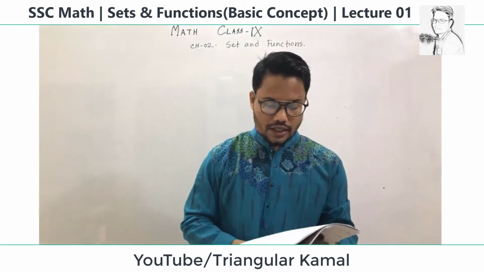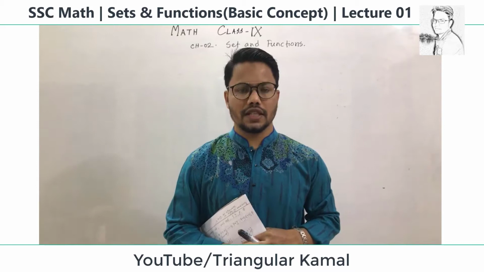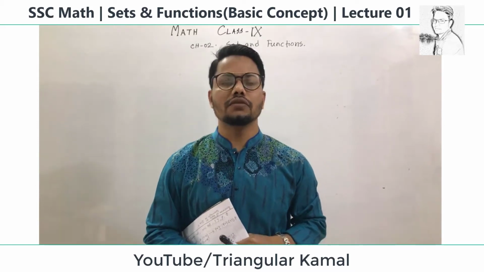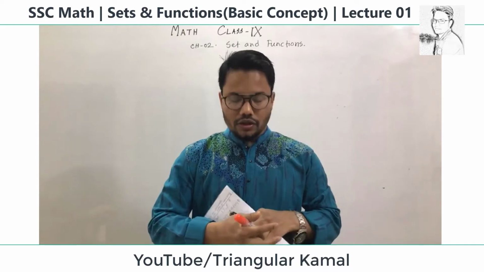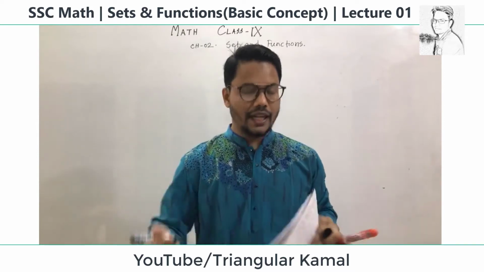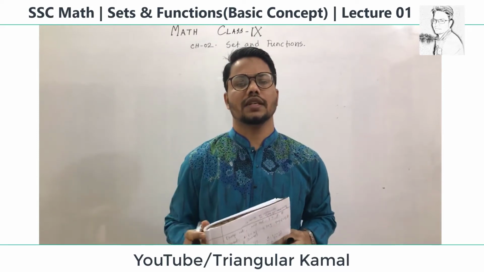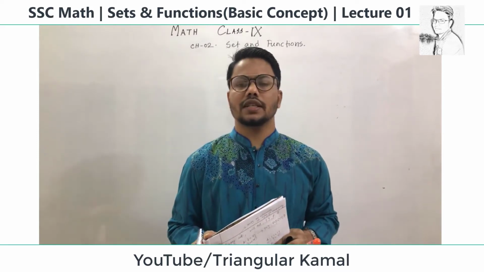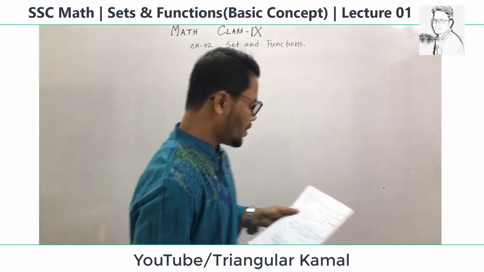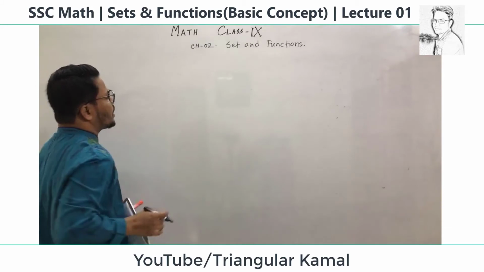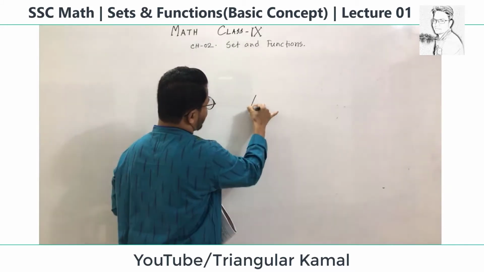So dear students, basically a set is a collection of well-defined, fixed, countable numbers. The elements of a set can be represented in two ways: the roster method and the set builder method. So first is a set. A set is the collection of well-defined objects. Like if we represent here, A is a set